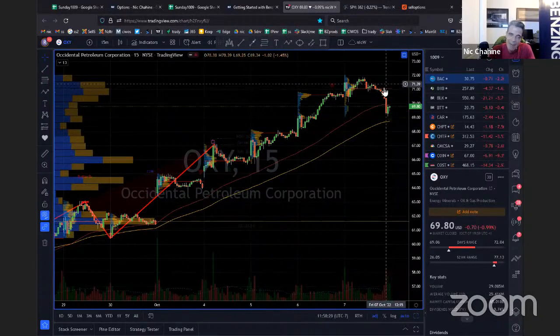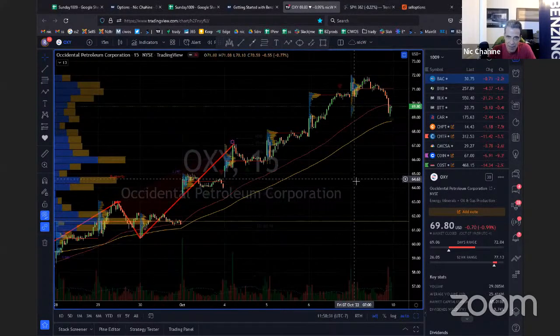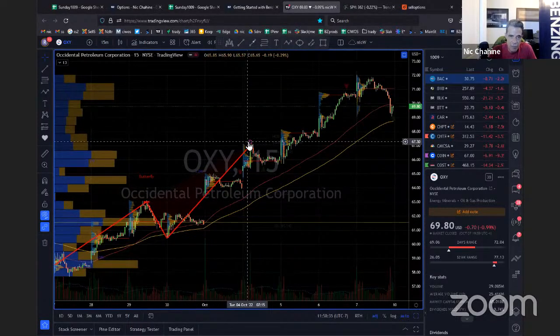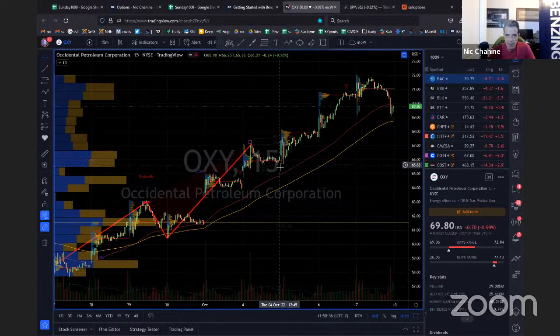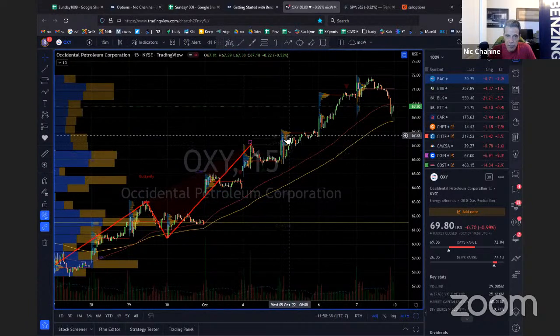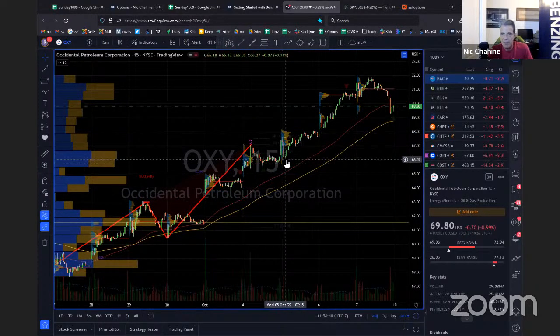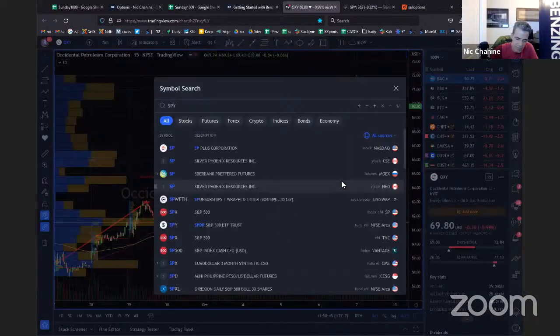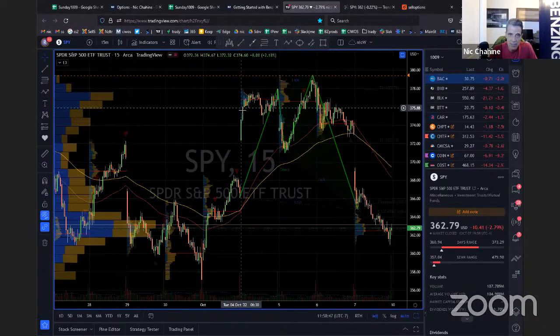Look how mechanical that was on Friday in Oxy. If you chase too late, you end up getting stopped out. Or if you short on big red candles, you get locked. Conversely, with the SPY, you see big green ticks and you chase it. Oh, I want to go long. And then,